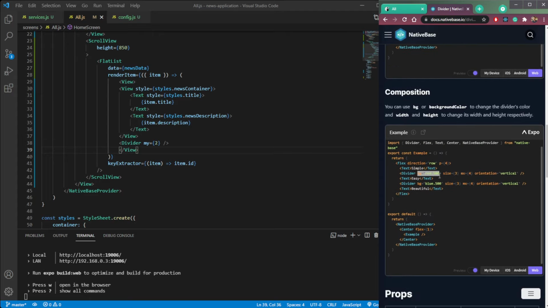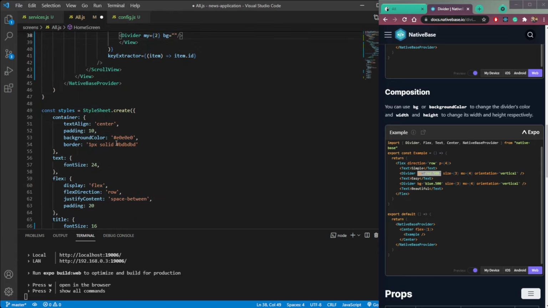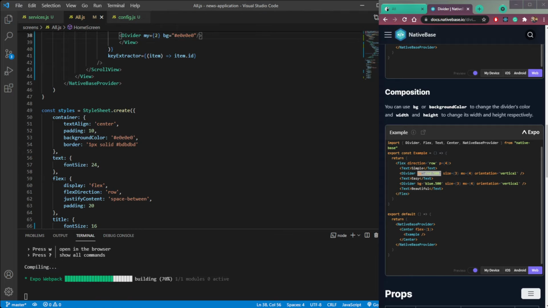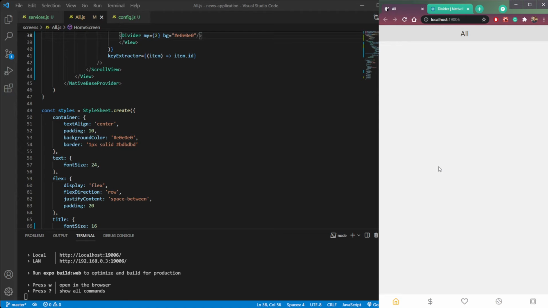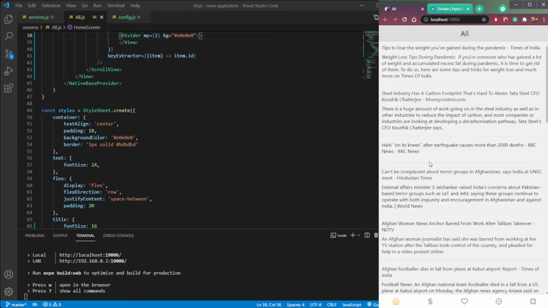Okay, we need this bg, so here paste this color, which is E0E0E0, and save it. Now you see our divider is a little bit darker.